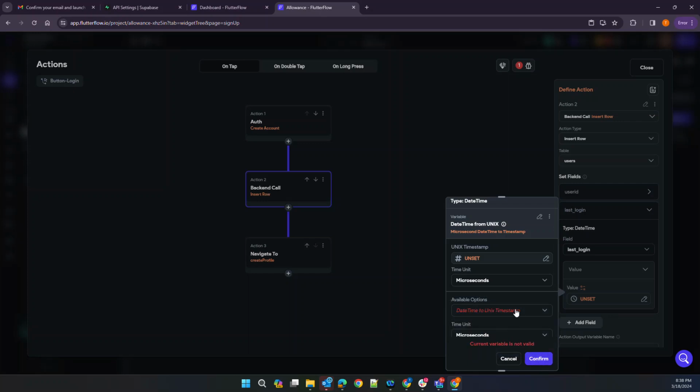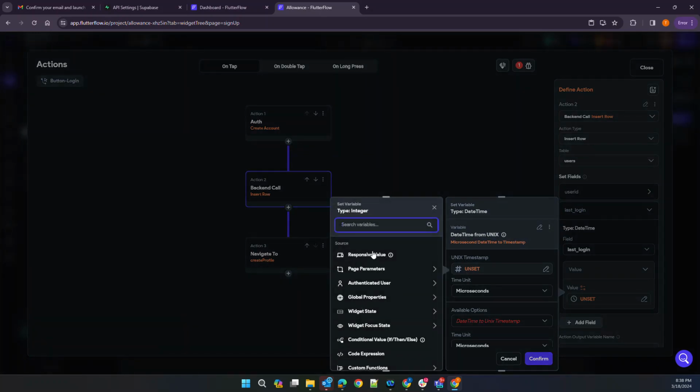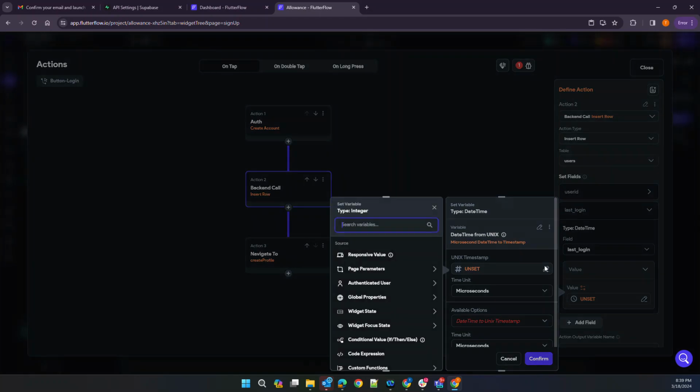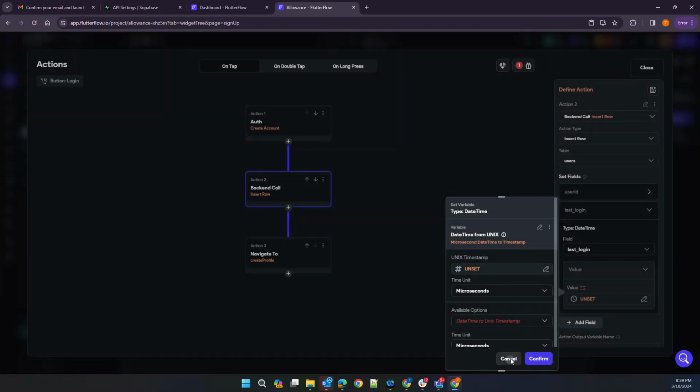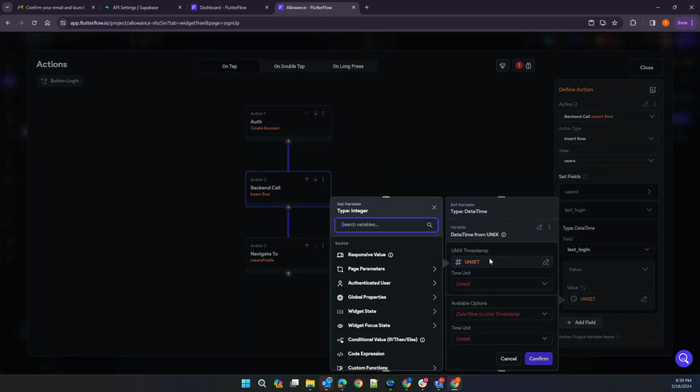I think that's what we, oh, microsecond. Give me a second. I've used this before. Something changed? Because of the Unix timestamp. Let me cancel that. I think I may have gone down the wrong path there. Unset. Datetime from Unix, and then